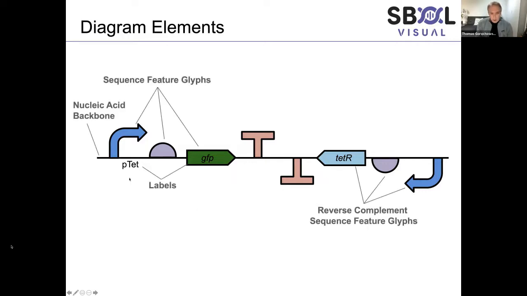And so, like I said, you can use this to capture a number of different sequence features, which are shown by these different symbols. As I said, you can have reverse complement versions of those. These can then be labeled. So if you want to help a viewer understand what exactly this promoter is, okay, it's the p-tet promoter. That's always helpful. But one of the things which SBOL Visual does that goes beyond just looking at the DNA itself,